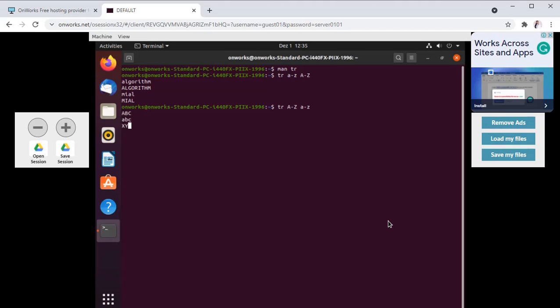Similarly if we write xyz, it will convert it into lowercase. Okay, in this way we can use the tr command for the conversion of the word from uppercase to lowercase or lowercase to uppercase. Okay, there is another way to convert uppercase into lowercase, or press Ctrl D.